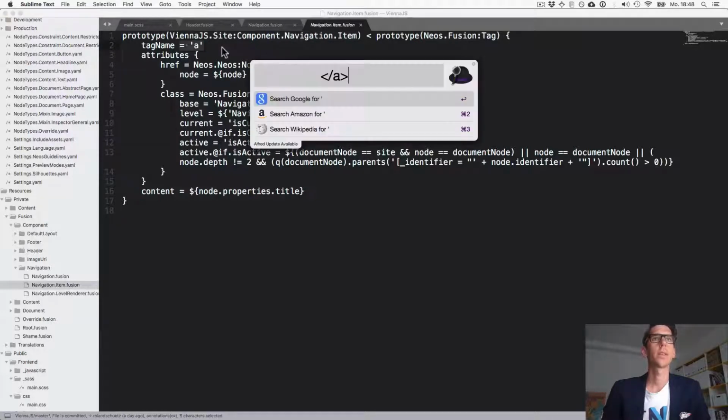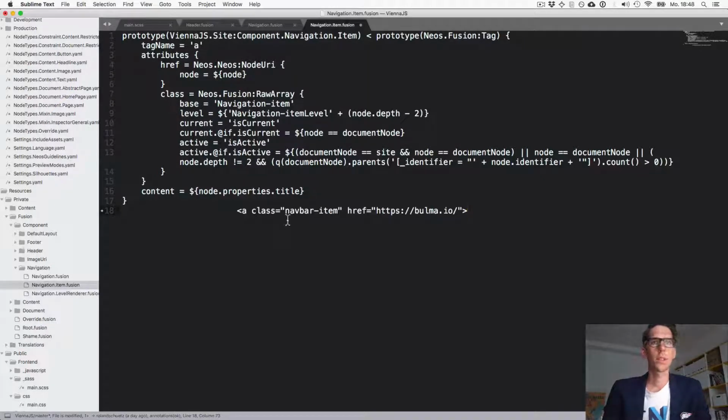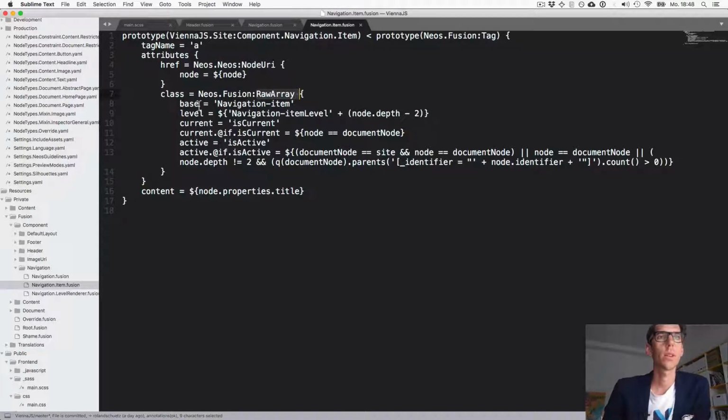It sets a tag. So let me show you in contrast. This is how Bulma expects it. We just need the class set correctly. So here the class is an array. Raw array means that this one is an array of all those values merged together. So we're setting a base class, and this one is navigation item, and I replace that simply by saying navbar item. And then it will add a level and is current, and this is current, of course, is only